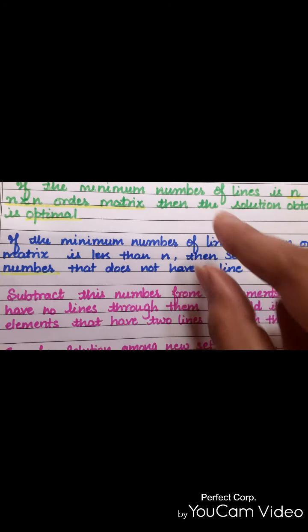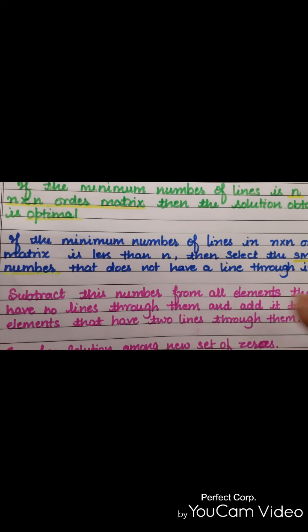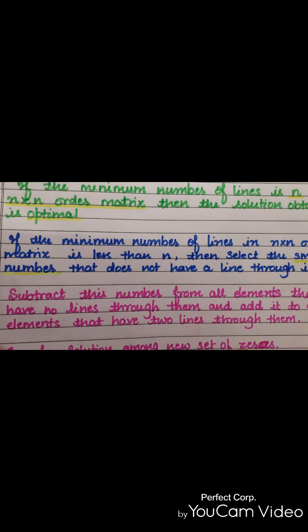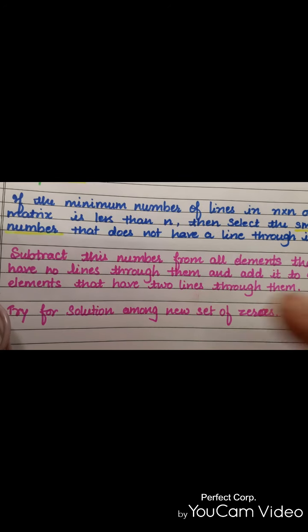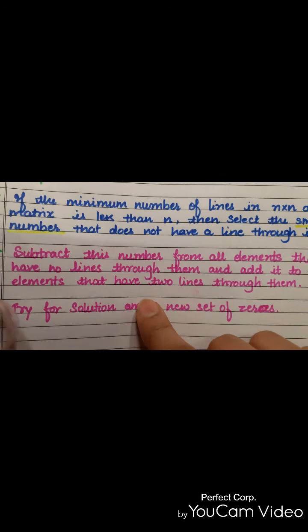So जितने values बच गए हैं आपके assignment problem में, जिनके ऊपर से line pass होकर नहीं गई है, उन सारे values में से सबसे छोटा element identify करना है, और उस सबसे छोटे element को सारे elements में से, सारे elements कौन से? जो uncovered elements हैं, जिन पर कोई line नहीं गई है, उन सारे elements में से differentiate कर देना है, difference निकाल देना है. और difference निकालने के बाद आपके पास एक नई matrix आ जाएगी, एक नई assignment problem में वो convert हो जाएगा.